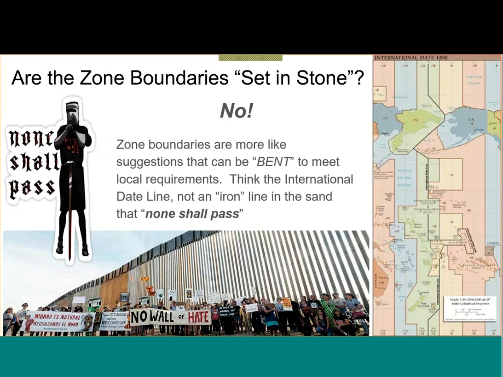So are zone boundaries iron lines in the sand? No, they're not. They're more of a suggestion. I give the example of the international date line over here on the right. The international date line, in the simplest definition, is the 180th meridian, which is right out in the middle of the Pacific Ocean. However, it crosses any number of countries. And so the suggestion of having the date line at the 180th meridian, in practice, has quite a lot of